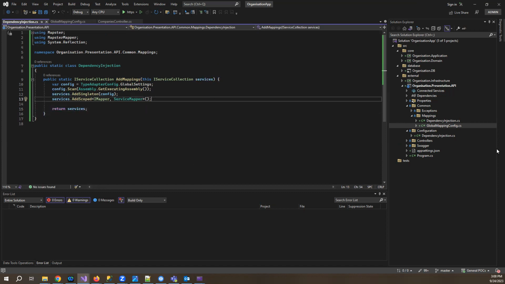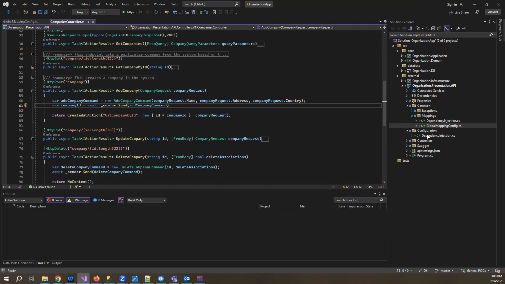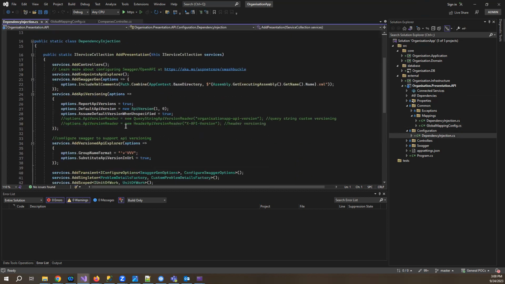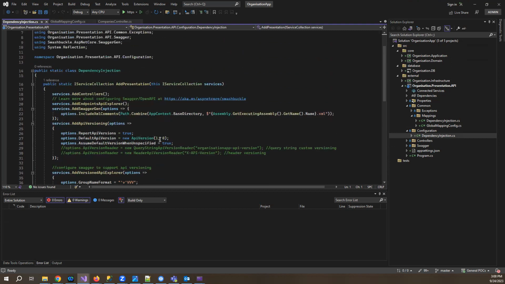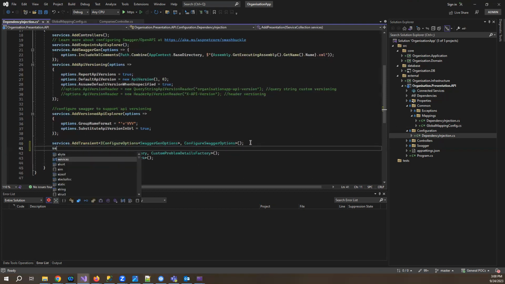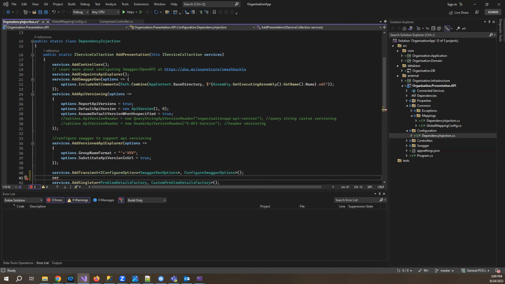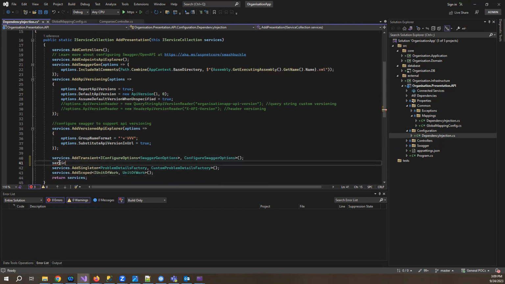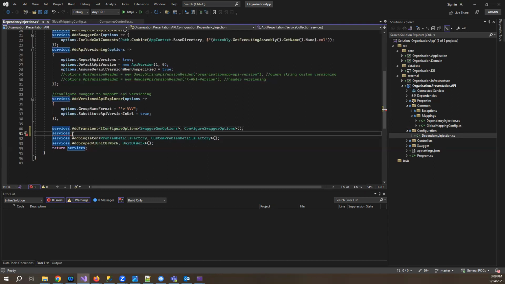Okay, so once this is ready, the final step we need to do for configuration is the presentation layer configuration dependency injection. We just need to call it. So let us call it from here. Just come here and services dot singleton. Services dot add mappings. Add mappings, the one which we have just created. Once this is done, we are good to